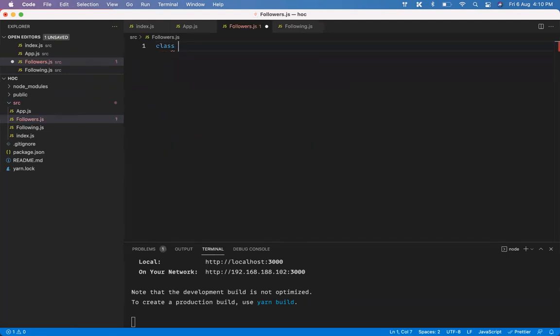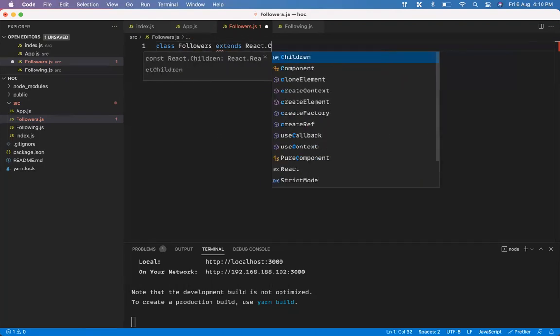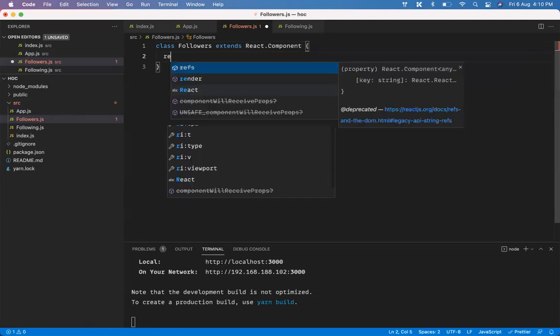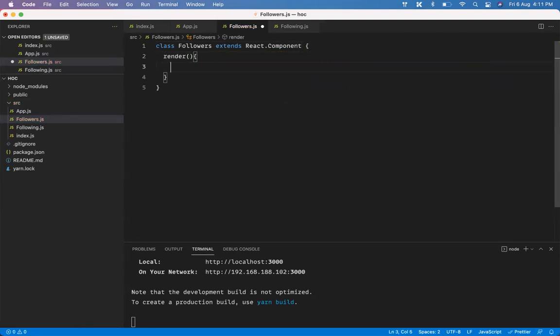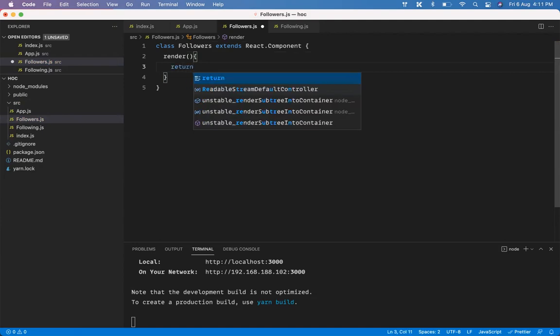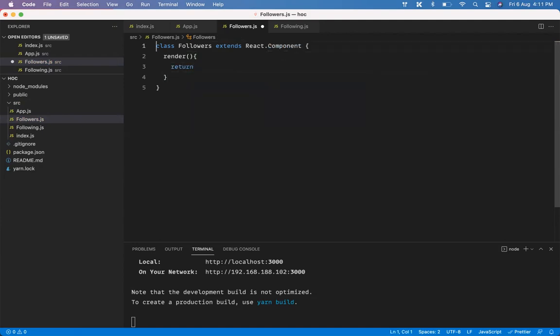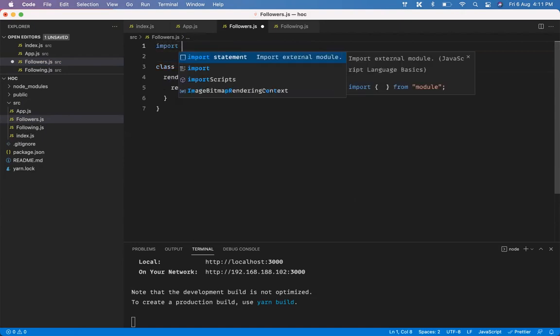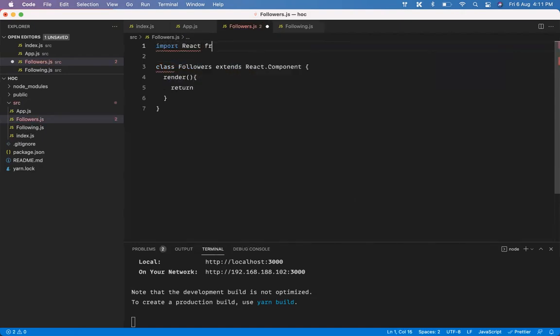So we'll say class Followers extends React.Component. We have a render method and we're just going to return the basic stuff here. But before that, I'll import React from React.